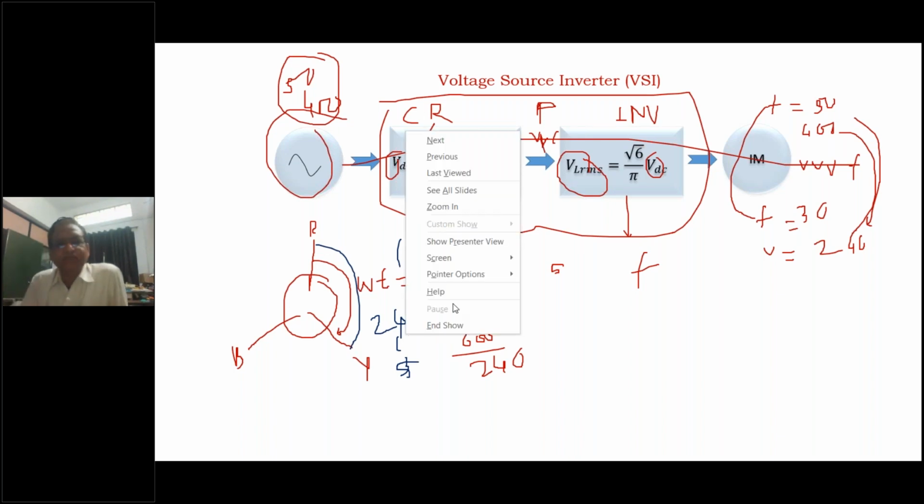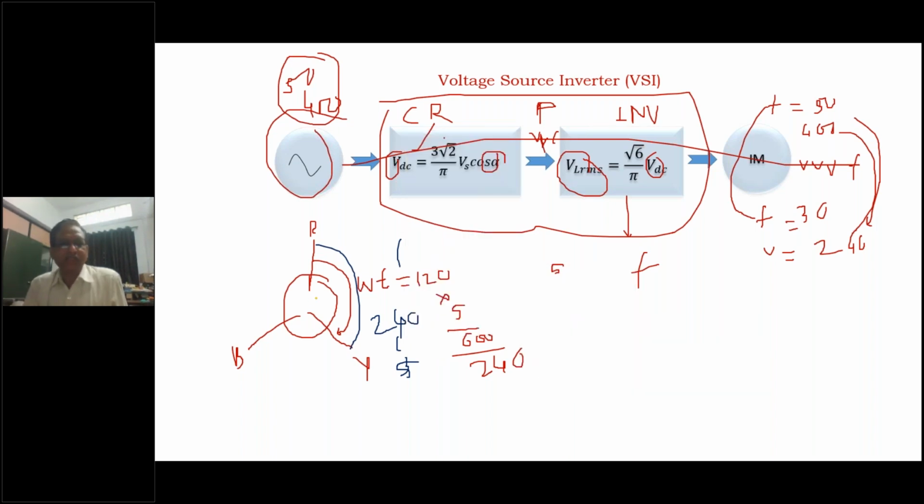Now see the phase shift for the Y and B phase, one more phase. This phase shift is 240 degrees for the fundamental. Multiply by 5 for the fifth harmonic, so it comes to 1200 degrees. 1200 degrees means 360 multiplied by 3, that is 1080. If I reduce by 1080, this comes to 120 degrees.